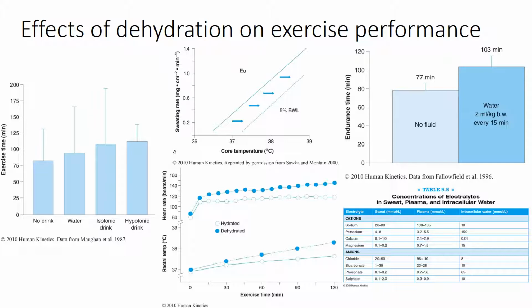Now, when we talk about the concentrations of these electrolytes in different areas, so we're talking about sweat, your blood plasma, and then also your intracellular levels, when we're talking about things that are isotonic or hypertonic, we're really talking about how this is going to be relative to what's going on inside of our plasma. Okay? Now, notice we see ranges on our potassium, our sodium, calcium, all of these different minerals when we're sweating.